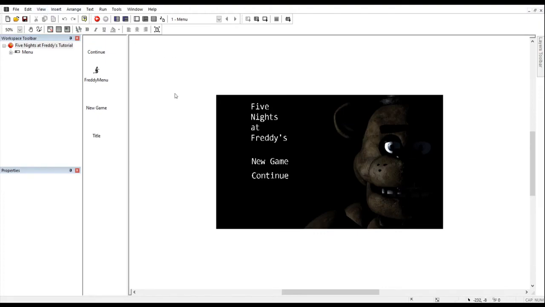We're going to be doing a couple of things today. First, we are going to add the arrows. If you know FNaF, then you probably know that in the menu there are these little arrows that show up next to New Game and Continue. We'll be adding those. They're supposed to show up when you hover over the text, but sometimes the arrows will not appear because the text is transparent. So to do that, we're going to add a new object, active,